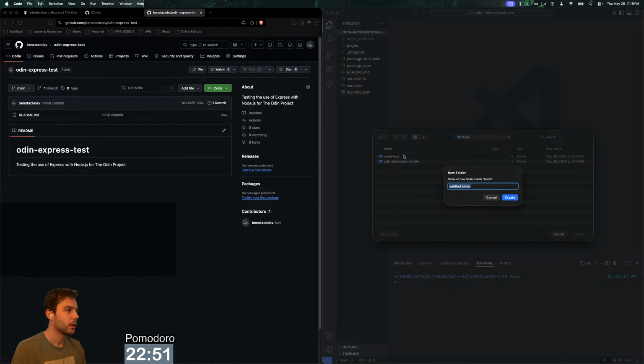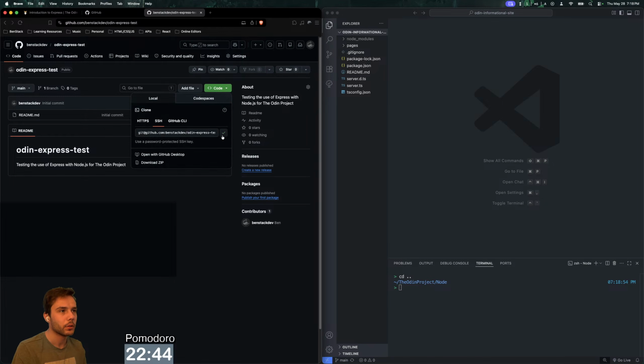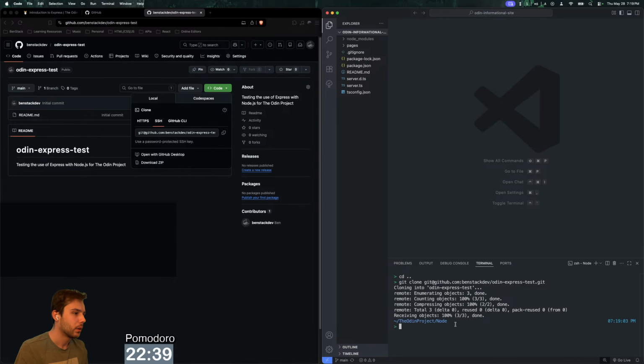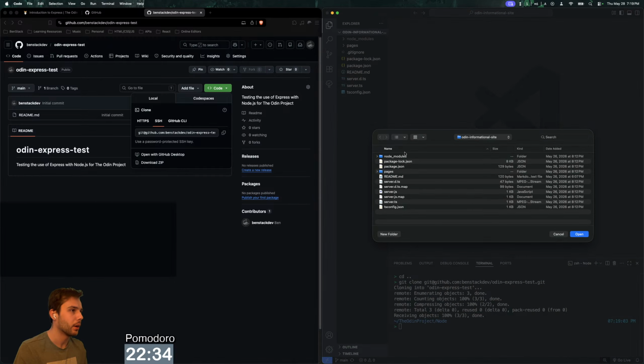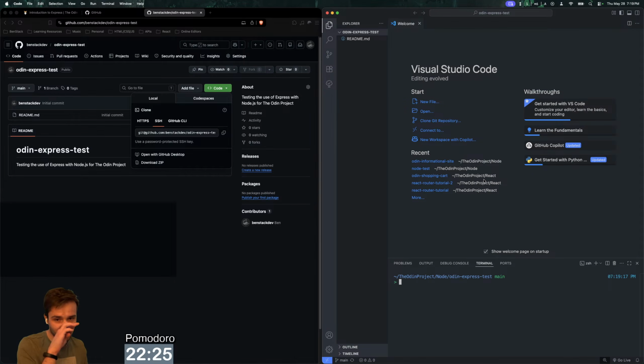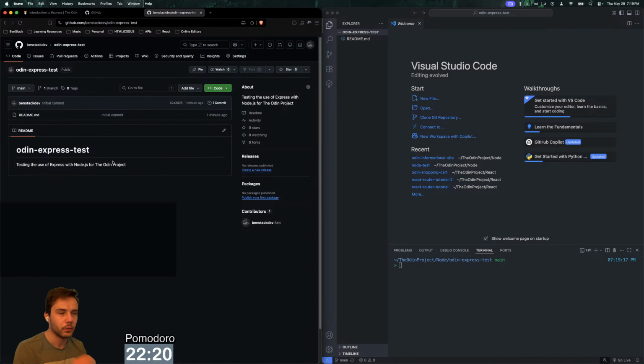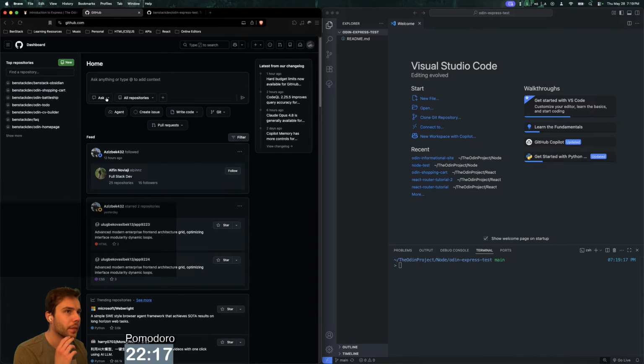Actually, we want to clone into it, right? So actually, we should do it just through the terminal here. It'll create a folder for us. So good. And then we'll open that folder with code, yes, VS Code. Okay, so here's our folder with our project in it, and it's got that remote connection,